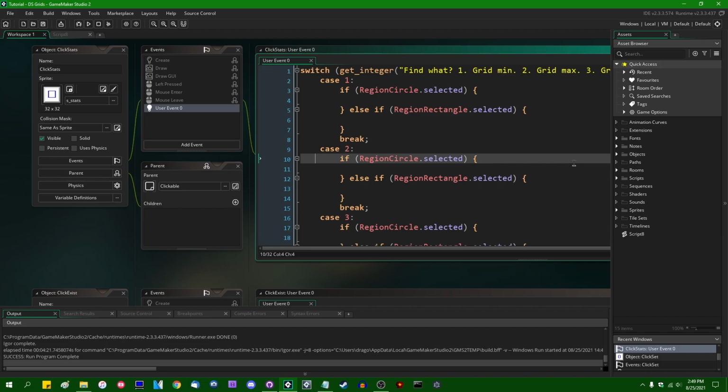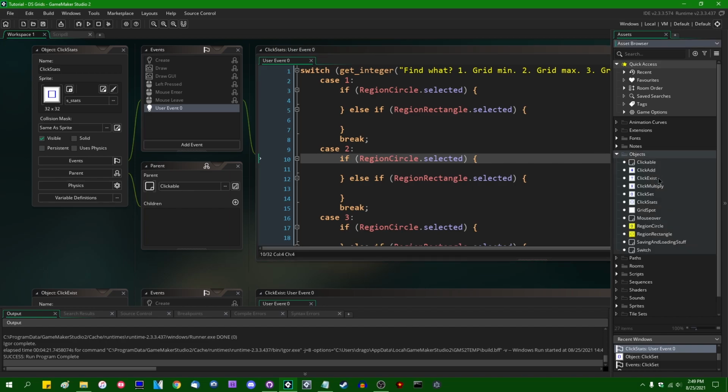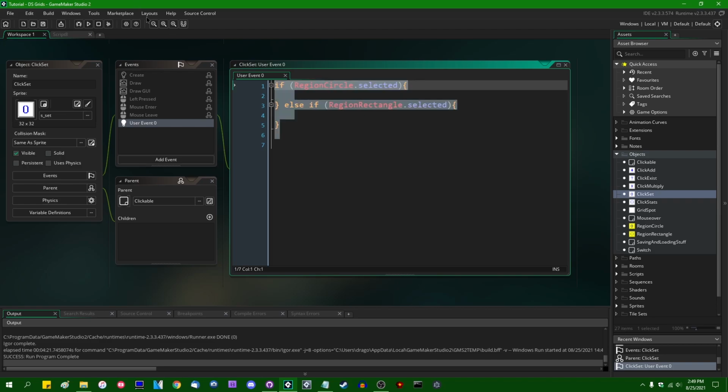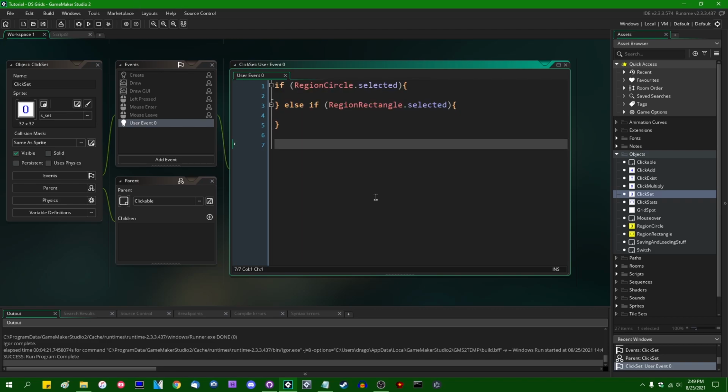If I come over here and go into the object names, click set down here, user event 0 is where all of the code that actually happens when you click on one of the buttons is stored. In modern day GameMaker, this would probably be a method. In GameMaker 8, this was a user event. So if I were to go into the region rectangle section of this if-else tree and start typing ds_grid